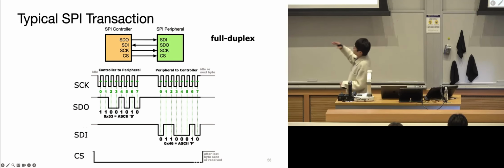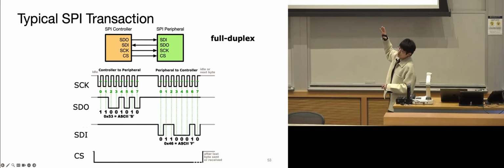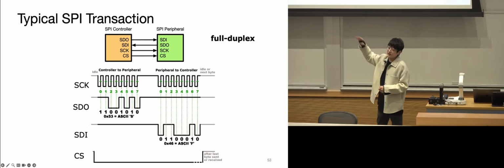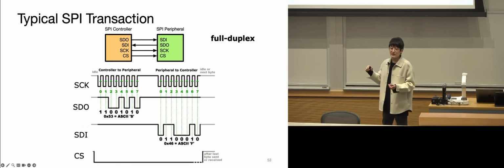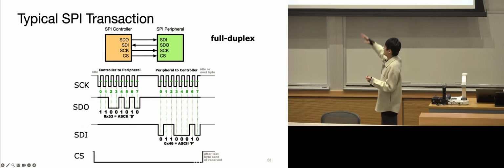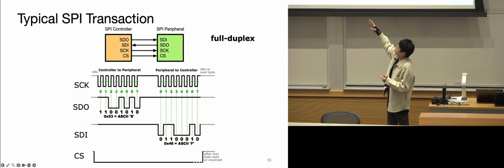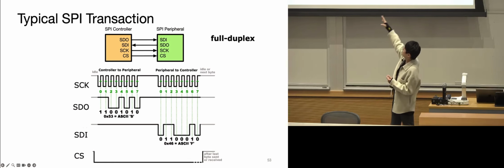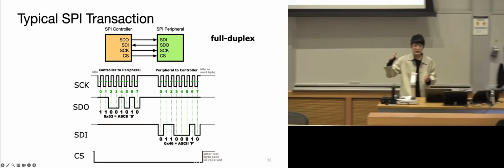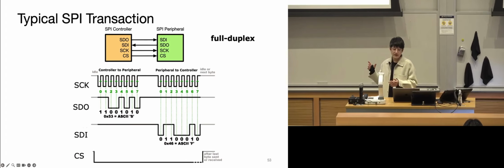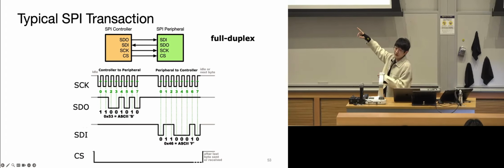The select pin will be low for the selected peripheral. The SDI and SDO technically can happen at the same time, but it depends on whether the controller is actually expecting any input from the peripherals. You can just ignore the data from there. This is a pretty standard configuration which samples on the rising edge, so this just gives the value corresponding to that signal. This is also full duplex because it has separate data lines, so they can happen at the same time,